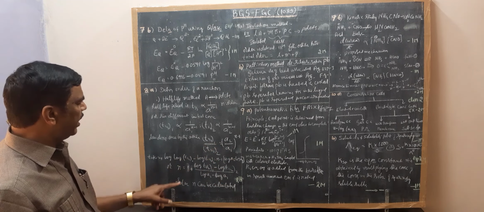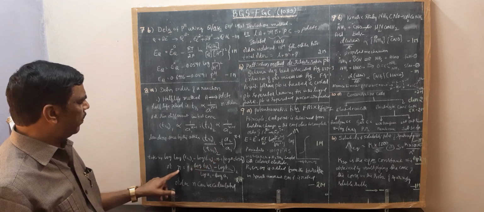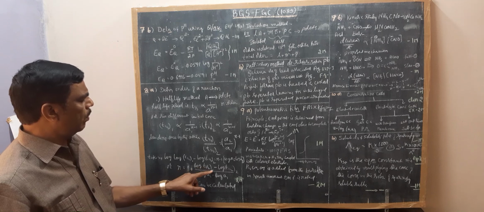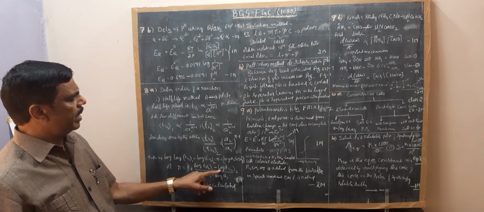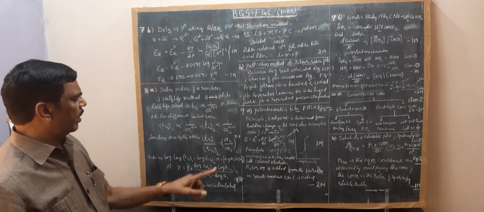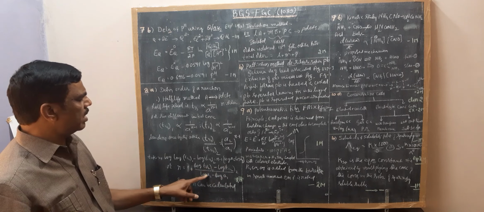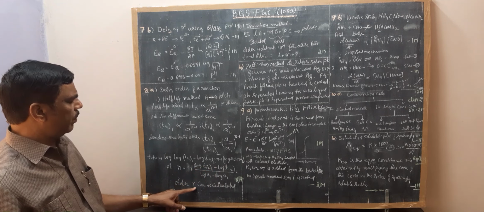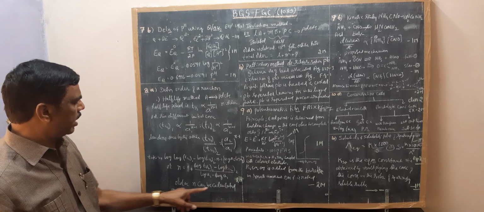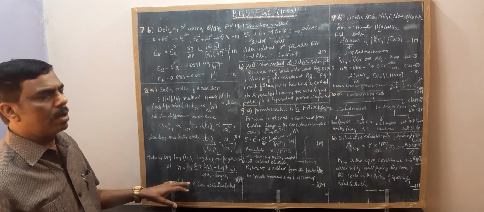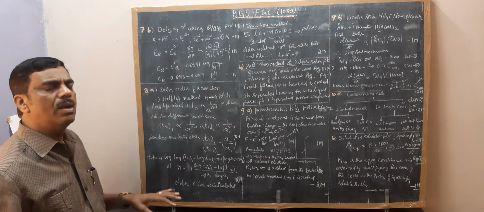By simplifying this, you can find the value of n, which is the order. n is equal to 1 plus (log t_half1 for the first concentration minus log t_half2 for the second concentration) divided by (log [A2] minus log [A1]). By substituting these concentration terms and half-life periods, you will get the value of n. Thus, n can be determined. This is the half-life method of determining the order of a reaction.